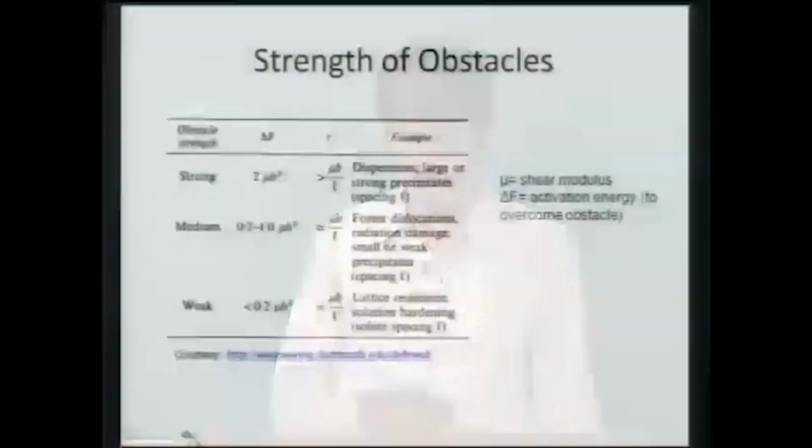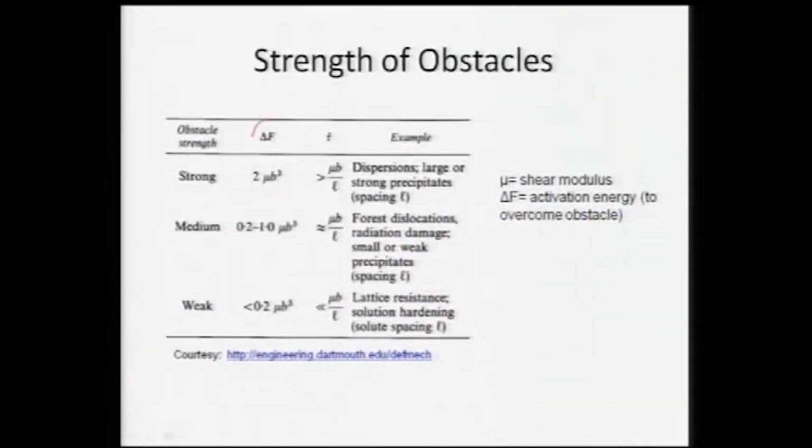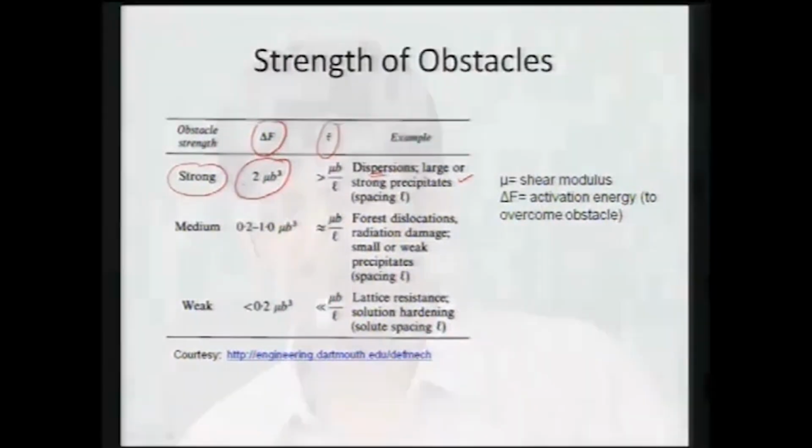Also, the strength of obstacles comes into the picture. Once we have the activation energy for overcoming the obstacles, the shear required for creating the shear is utilized for this creep. The overall obstacle strength will be very strong from the dispersion. Once we have nanocrystalline materials, and also some precipitation at the nanoscale, that can induce very high activation energy. It means the creep process can be deterred or slowed down to a very dramatic extent when we have nanoprecipitates.